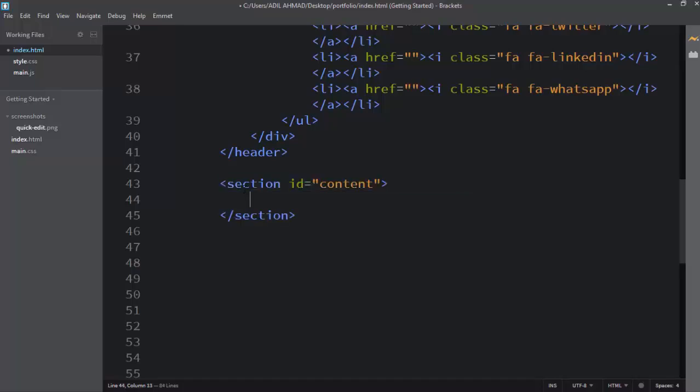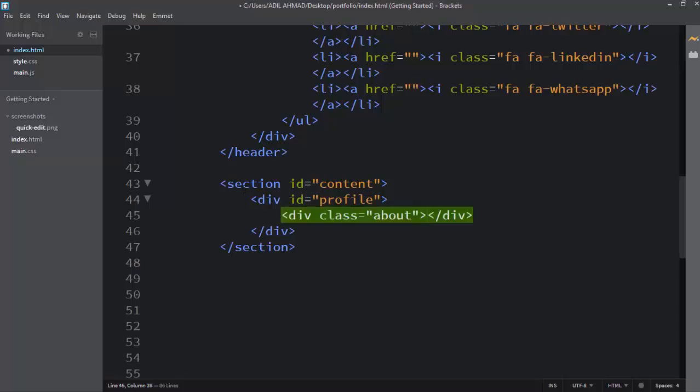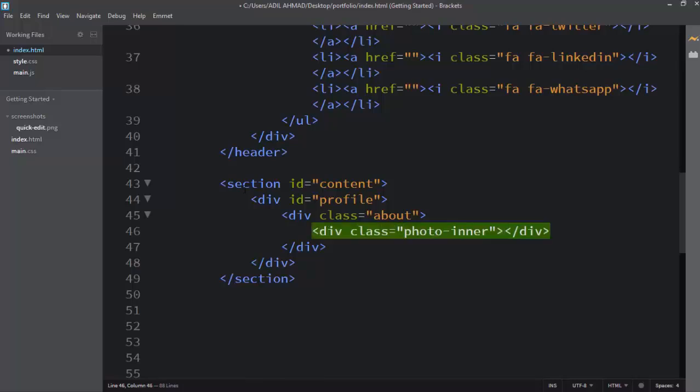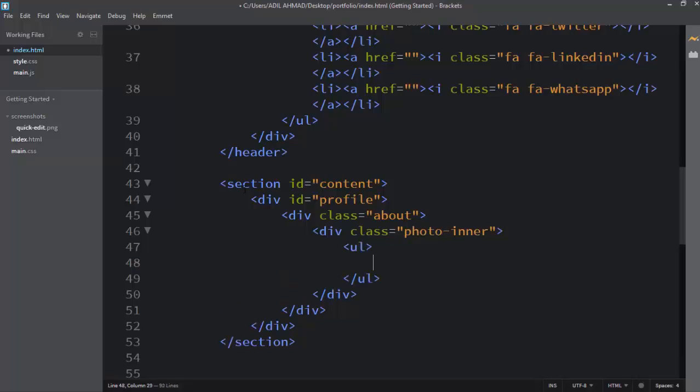Okay, inside this again I am putting another ID called profile and it will have another class called about, and this about class will contain all the images. So first I am creating a custom class called photo inner. You can put any class name whatever you prefer the most. Okay, just coming inside this and taking a UL tag, and the UL will contain li, and this li will contain